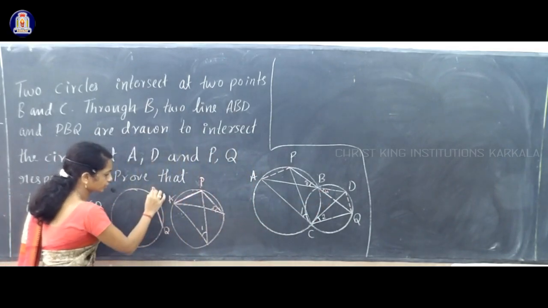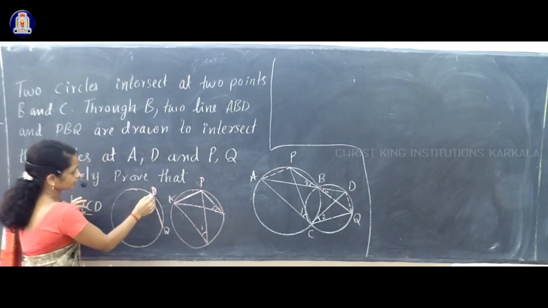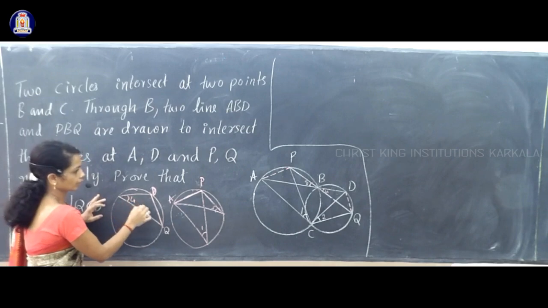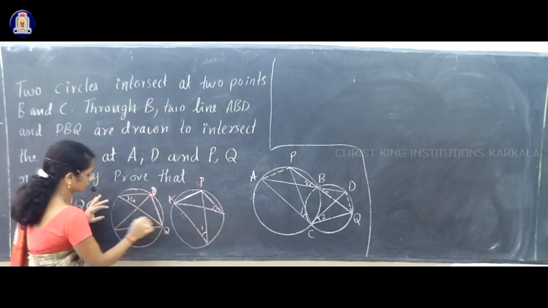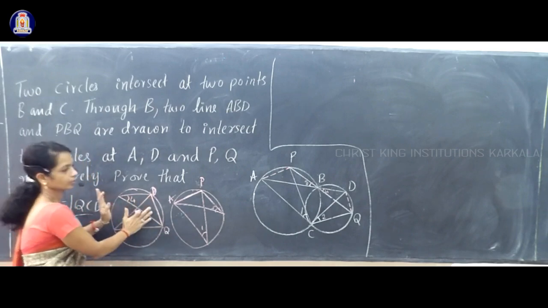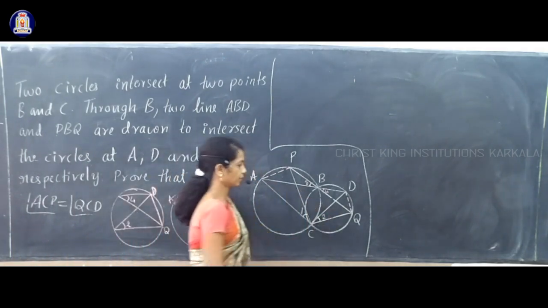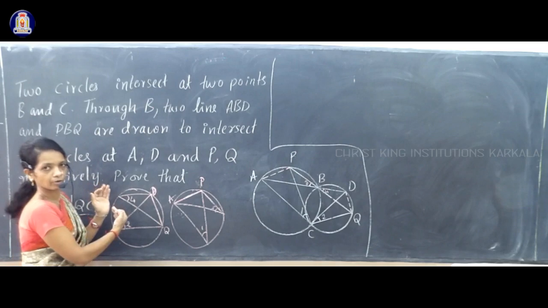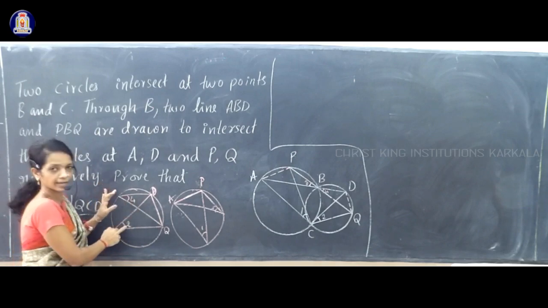This one we have drawn a DQ chord, and here you have angle 4 like this. This is angle 4 and angle 2. This part of the figure you have to observe in this main figure. Okay. Now this is the DQ chord, and on this side you have the major segment.